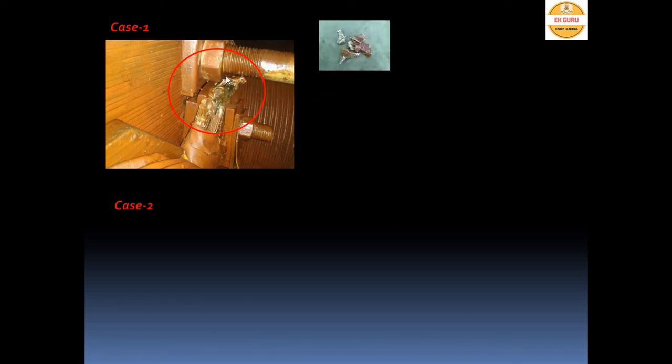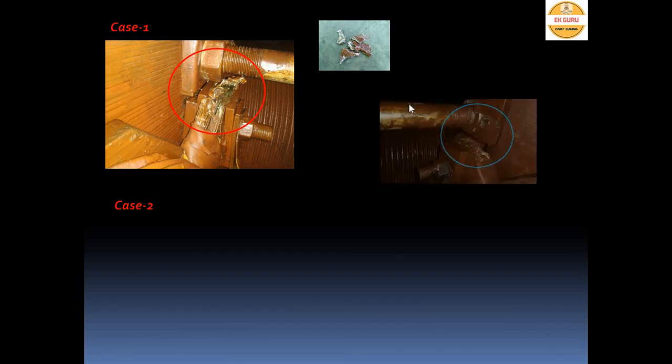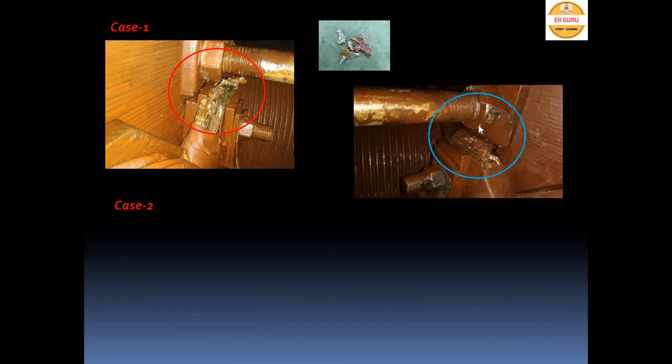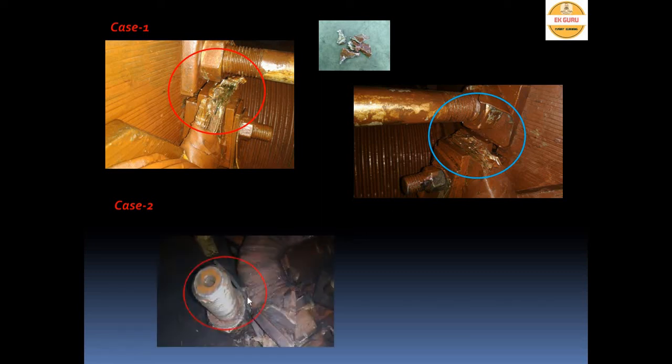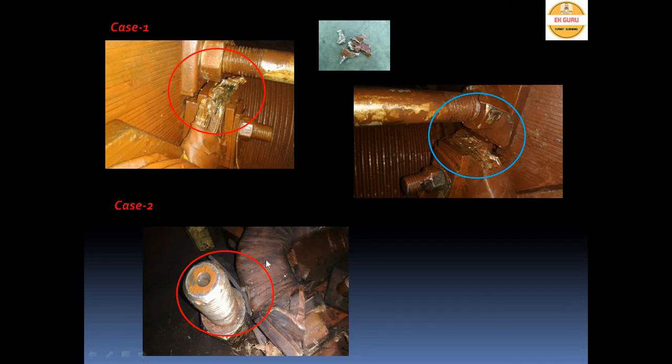We removed this extra portion of the leads and made it like this. There is no connection between the pole to pole joint and this grounded part. Then the fault is reset. Case 2 is one of the rotor leads carrying the DC current. This one touched this grounded part, and we faced the rotor earth fault. Here we isolated these two parts and the rotor earth fault is reset.